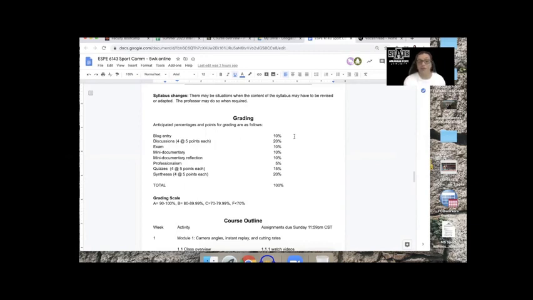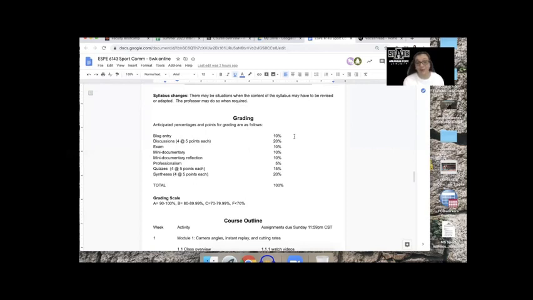You have a professionalism percentage, or a professionalism points. And those are going to be the easiest points you can ever earn. We're going to give you 5 points for being cordial to each other and cordial to your coaches. And so basically, don't be rude. And it's not about you. It's about the people that came before you that were somewhat disrespectful to the academic coaches or to myself or to each other. And we just want to reward you for not doing that. And so we just build it into your grades.